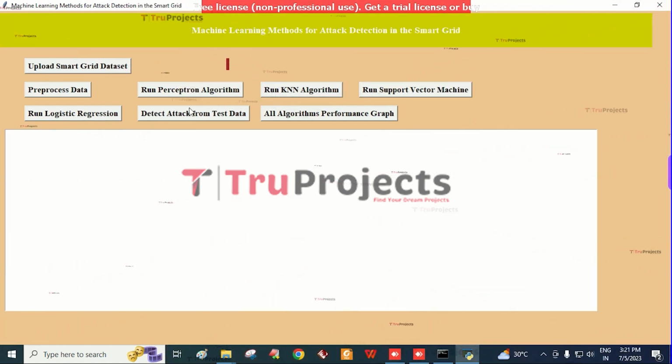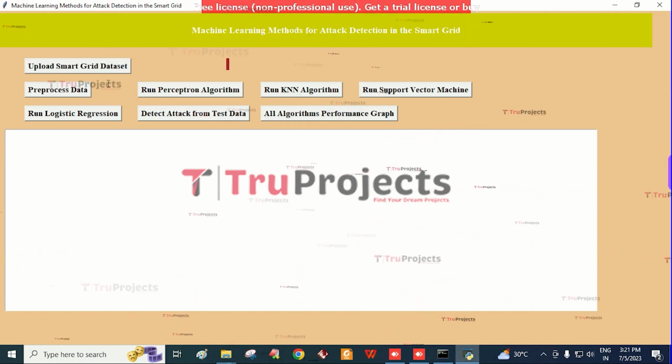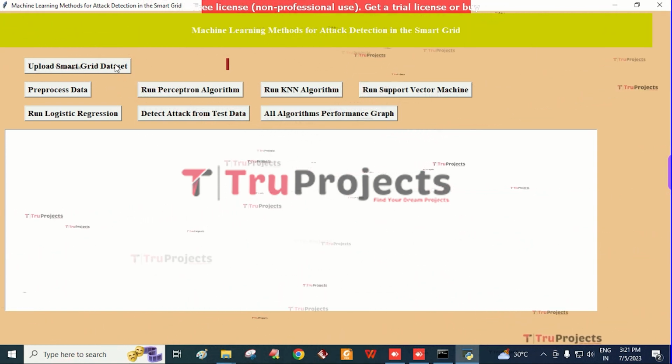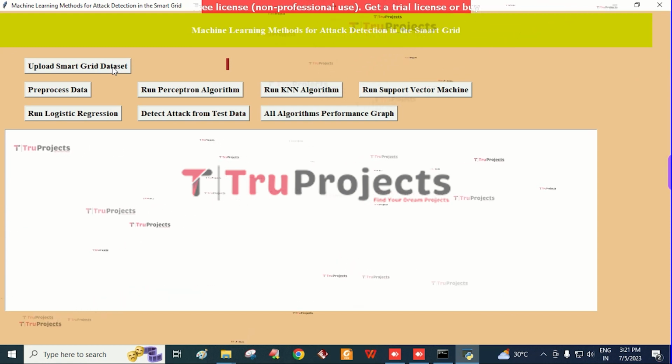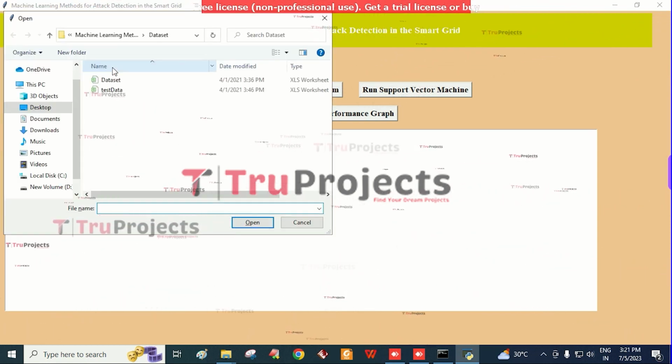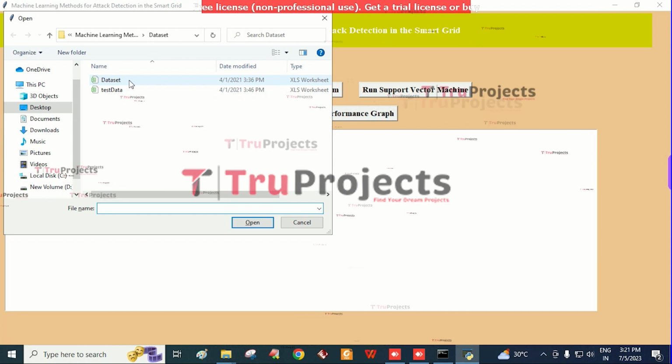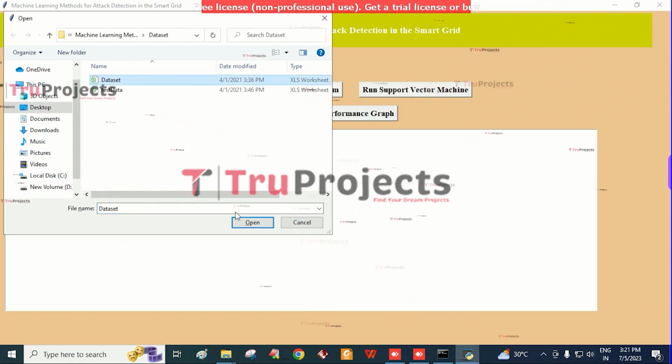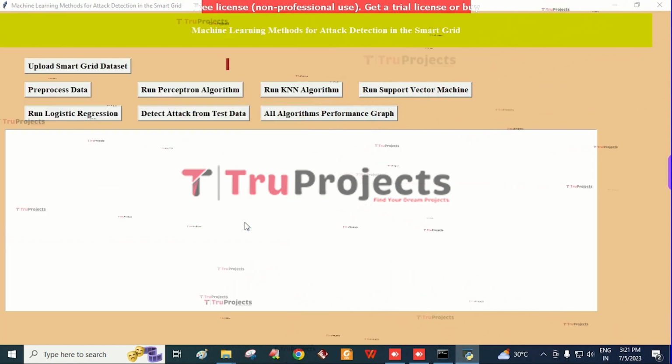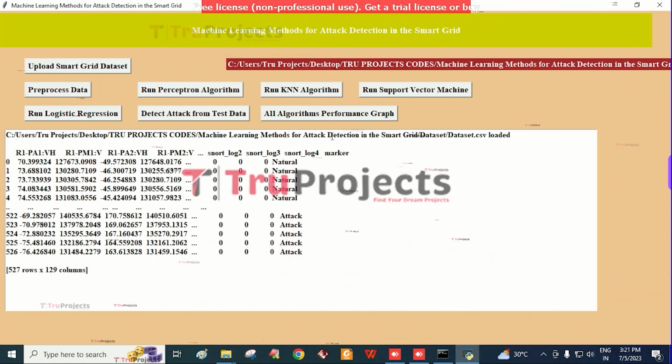This is the graphical user interface. With this, we are interacting with the program. First, we need to click on the Upload Smart Grid Dataset button. By using this button, we are importing the dataset from the dataset folder. Select the dataset and click on the Open button. Here we can see the dataset is loaded, which consists of 527 rows and 129 columns